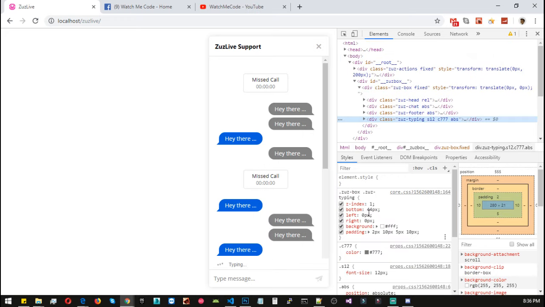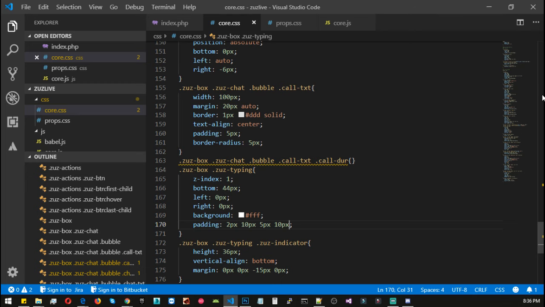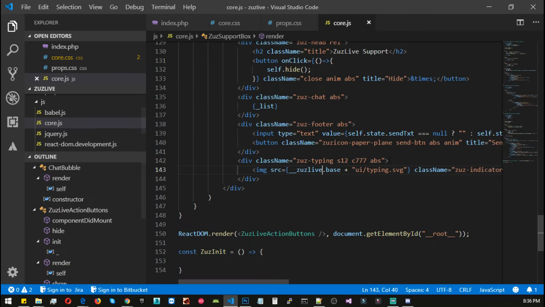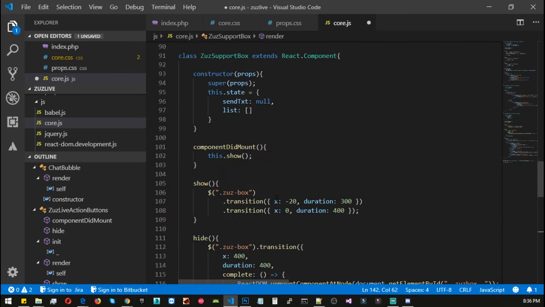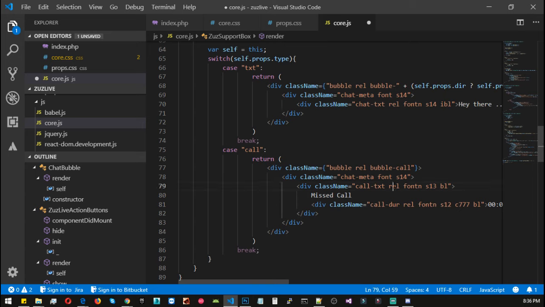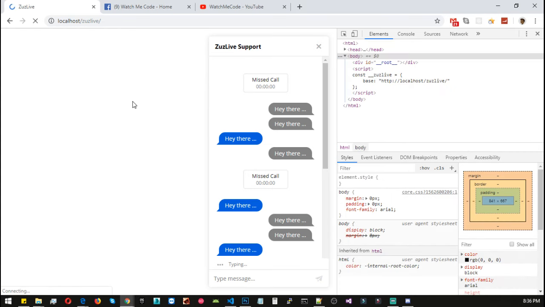In fact, we can use or choose the font size to, well, keep 12 for now. We will use font N as well because we should use our global font. Yes, font N is good, and I guess inside chat bubble we are okay. Great. Now let's reload,